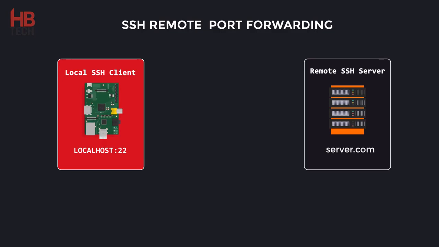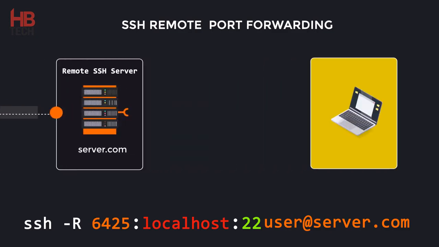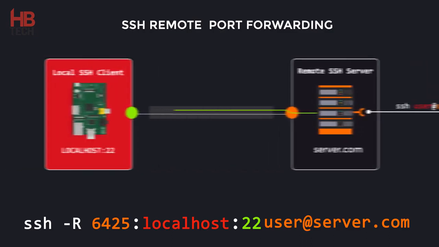The Raspberry Pi has initiated an SSH command to make a tunnel that opens up a new port on the server. In our case it is 6425, indicated by orange color, and connects it to a port on your local machine, 22, which is basically the SSH default port, indicated with green color. After initiating the command, the remote SSH server listens on the given port, which is 6425, and tunnels any connection to that port to the specified port on your Raspberry Pi Dropbox, which is 22.